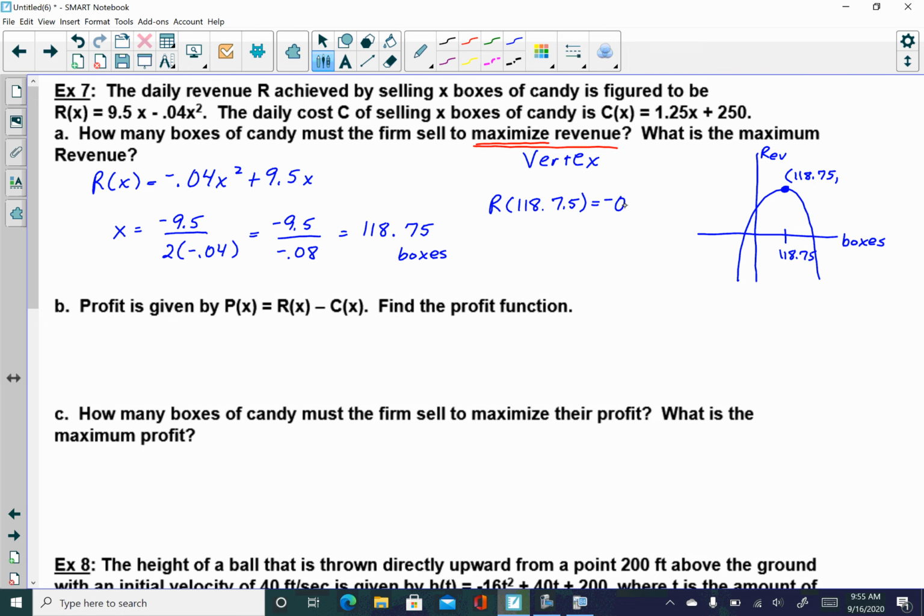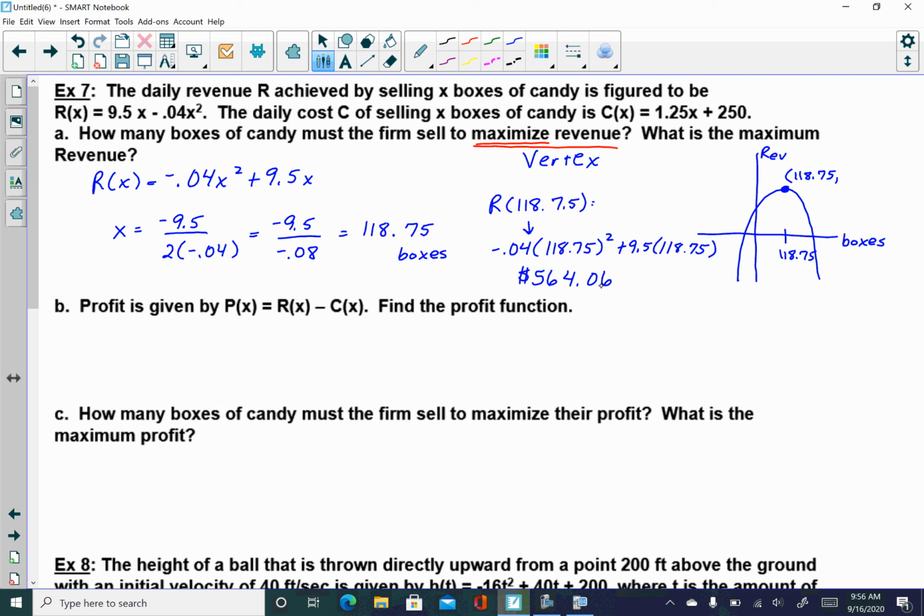Let me actually come down here. I'm going to bring it down here just because I was going to run out of room. Negative 0.04 times the 118.75 squared plus 9.5 times the 118.75. Just go to your calculator, plug that all in at one time, and you should get $564.06. I can't remember now if there are more decimals out there, but because you're finding revenue, revenue is money,